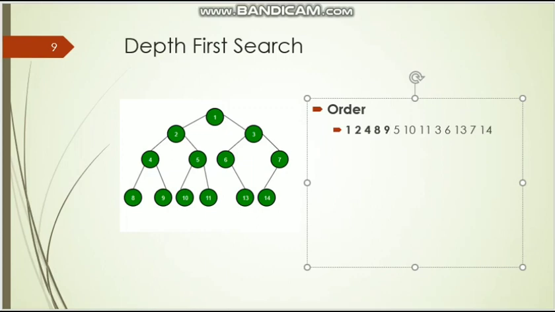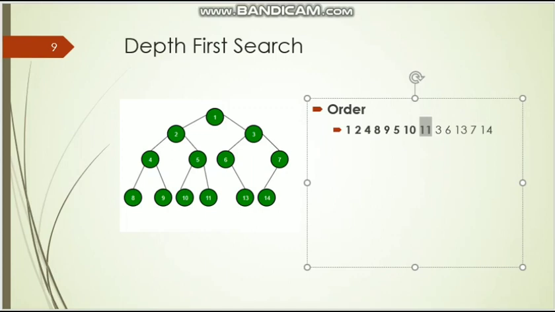Fine. Next, we write 5 and make it bold. From 5 we can go to 10 because it is the leftmost child node of 5. So we are selecting 10, right? From 10 we cannot go further, so we come back to 5, right? And again we go to the immediate right node of 10, that is 11. So 11 is selected and there is no further node from 11, so we come back to 5.